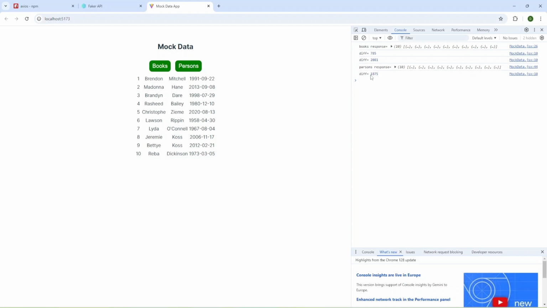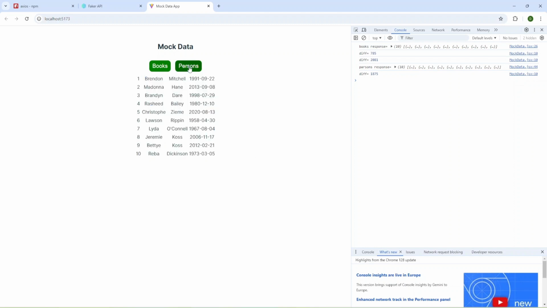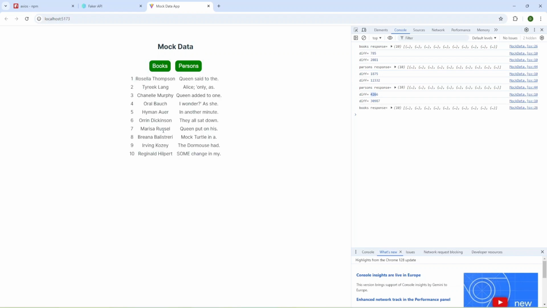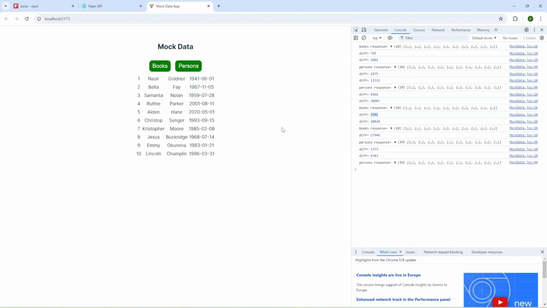And I'm going to refresh the page, check books again, and now I'm going to press persons and again, and diff is 2 seconds, and we have the same data as previously, and now I'm going to press again. We have difference, and persons will change, and for 4 seconds persons stays the same, and let's go to books, and we retrieved new books, but for 3 seconds we get the previous books, and now we got new books, and let's check again persons, and again let's wait several seconds, and okay, persons were updated.